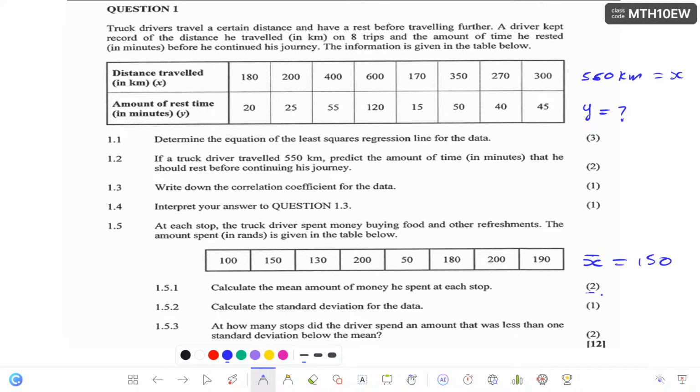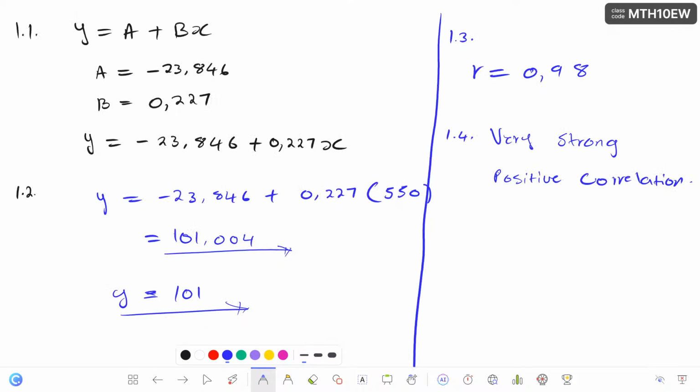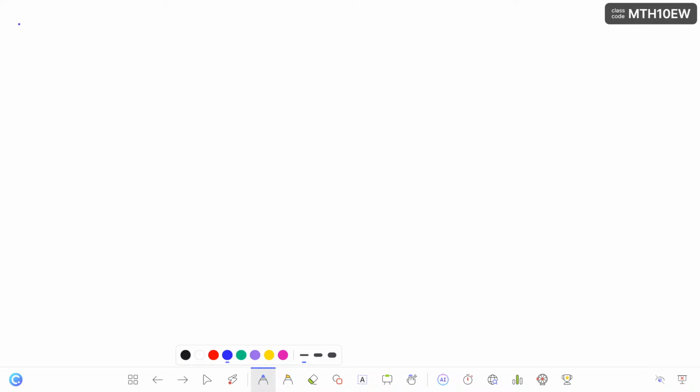But check, they said calculate the mean, and this question is 2 marks. So you can't just write this answer and expect to get 2 marks. You must do calculations. The calculator is going to give you a clue what your answer is going to be. So we are going to say 1.5.1. In order to get our mean, there is a formula which is 1 over n, sum of